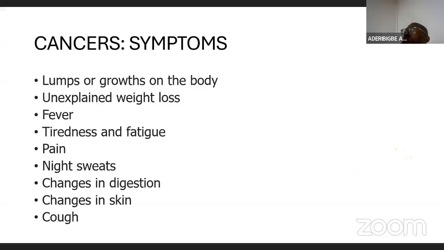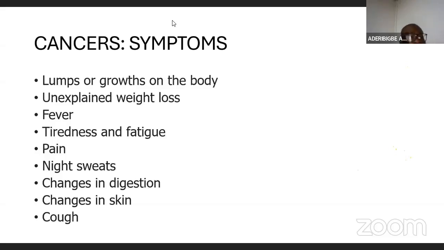Let me talk about colon cancers, for instance. We have stage 1, 2, 3, 4. Stage 4 is the metastasis. That's the worst stage. 80% of our patients came in stage 3 and 4, while in the United States, just 30 to 40% of them come in stage 3 and 4. You can see the difference. So if someone comes in stage 4 in the US and someone comes in stage 4 here, the treatment will still be better there, but the end result is usually still the same, really. So catching a cancer very early is the best thing.